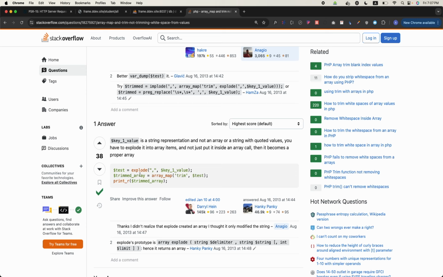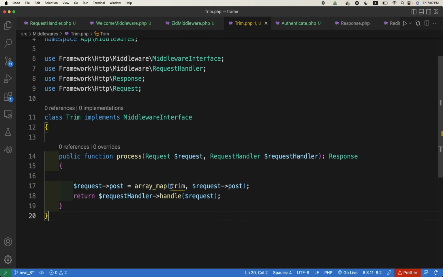I think we are doing it right. Okay, this is not constant, this is string actually. Sorry for this. This is the name of the function. So this function will be called for every member of this array. Request post. It will be called for this, and the return value should be the same array but with the trim applied. Yes. Right? So what we have done, we can do it in foreach also, but this is